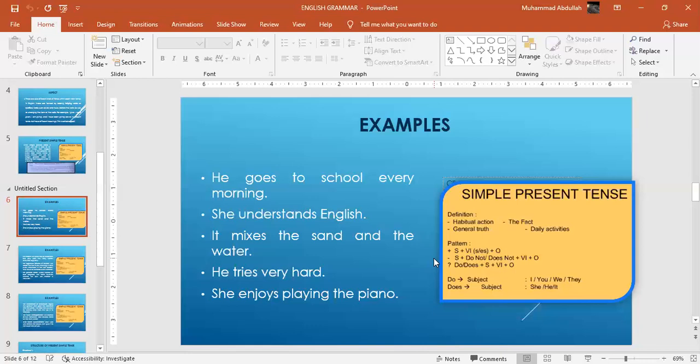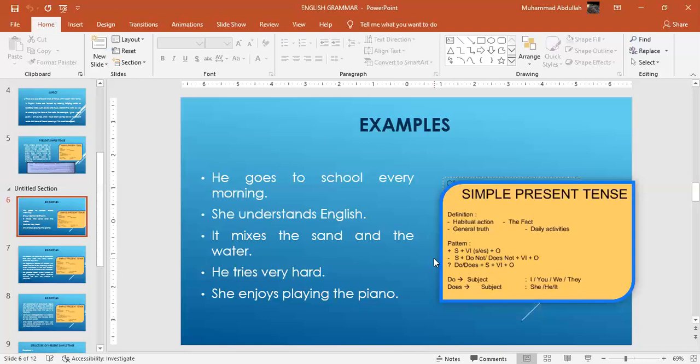It can never be she does not understands. We have already used the S form of the word with does, so it cannot be doubled. It can never be she does not understands. Now understand will become only understand, the first form of verb without S, and then will come the object, English. So the negative sentence would be she does not understand English, and the pattern would be subject plus does not plus first form of